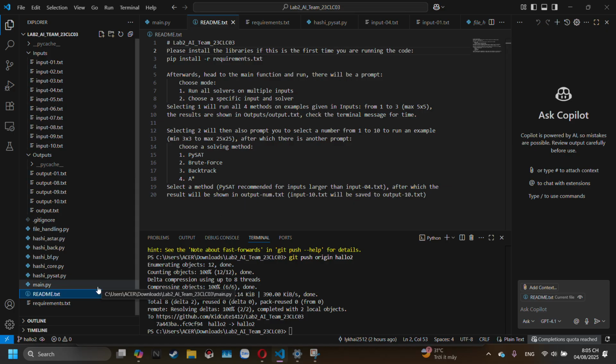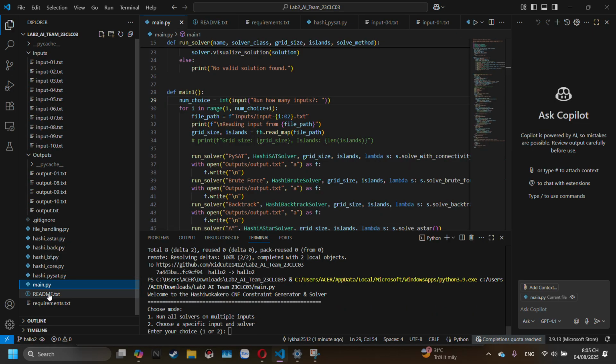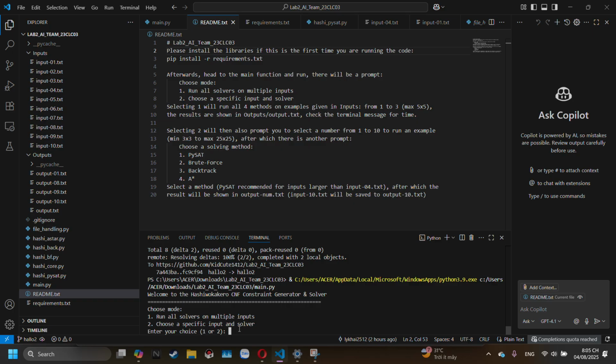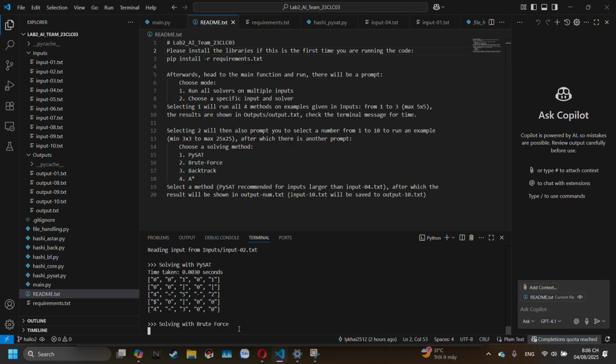So now we will begin. You could just run the main function like this. It will prompt you to type either one of the two options. Running option 1 will ask you to say how many inputs to run. The number you select, for example if it's 2, will run from input 1 to 2. 5 will be 1 to 5, and so on. It will run all 4 methods,